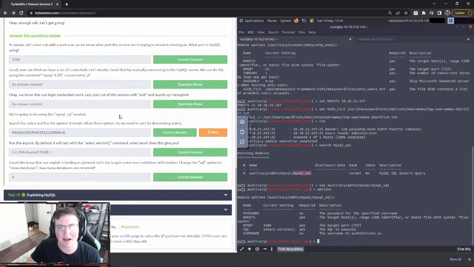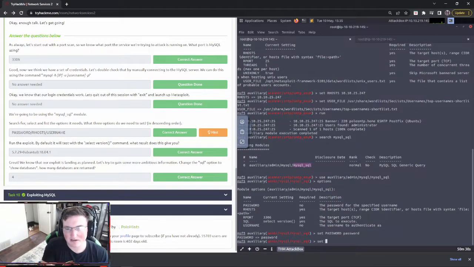This is what threw me for a loop. When they say what options do we need to set, I thought they were asking for the required options, because there are only 3 required options as well. They're not. They want to know what options we are actually going to change, which is password, our hosts, and username. So keep that in mind if you get caught up on that, like why is it not taking it? That's why.